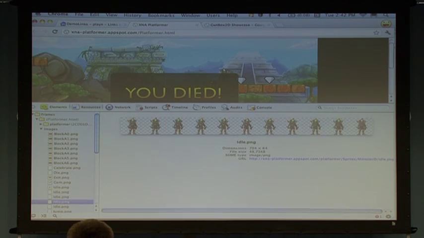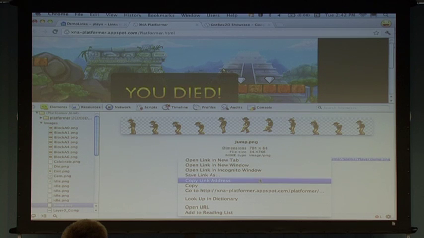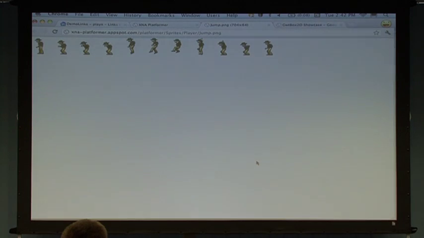We have a few more. We have different characters, and then this is him jumping. Every time you jump over something, the game plays these little animations. But you can see this is a single image. So it's one image,